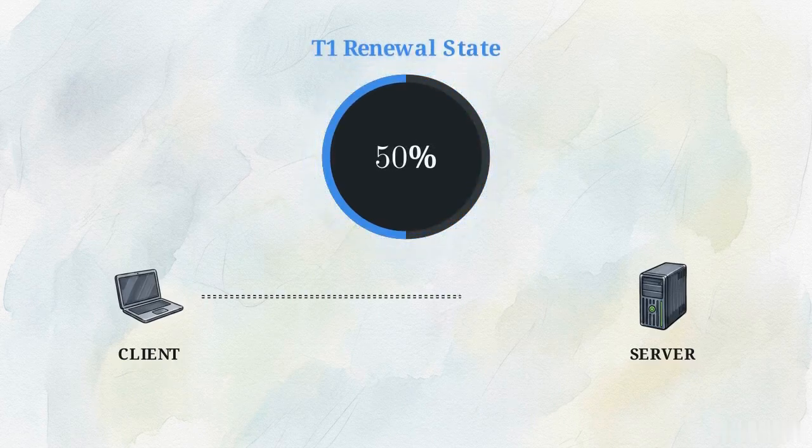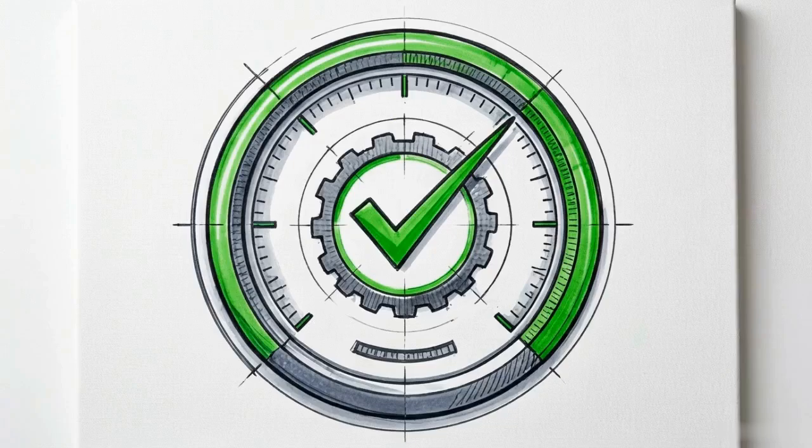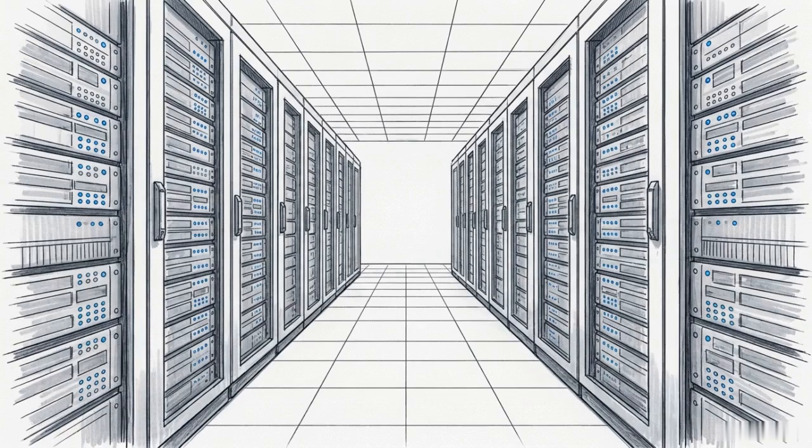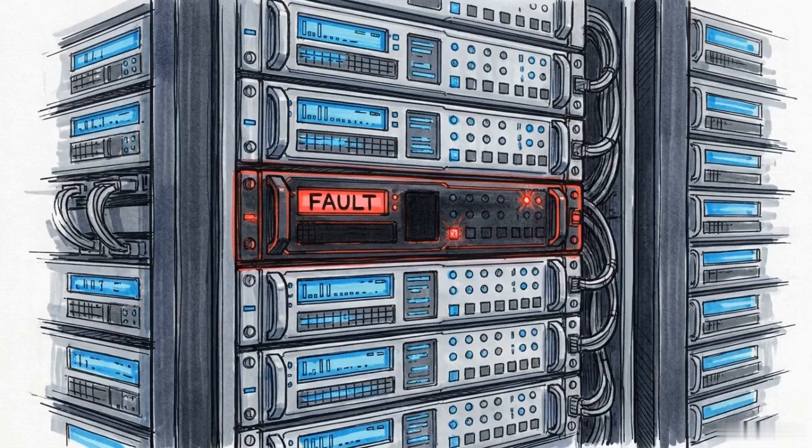When exactly 50% of the allocated lease duration expires, the client quietly attempts a unicast renewal directly with its original DHCP server. If the server is active, it acknowledges the request and resets the lease timer back to 0, maintaining uninterrupted connectivity for the client. The T1 timer operates as a silent maintenance protocol, securing stability in the background without flooding the network with unnecessary broadcast traffic. But an enterprise system requires failovers.